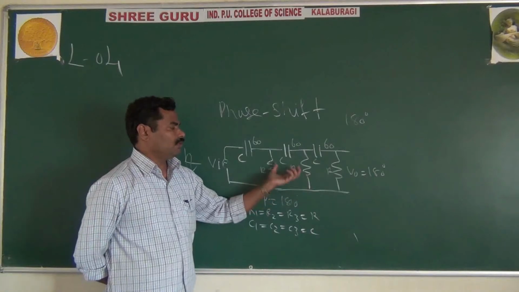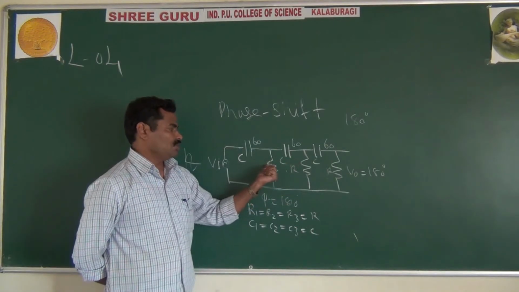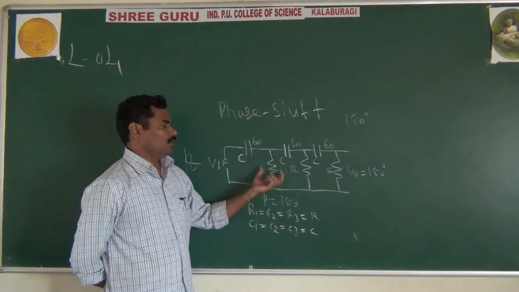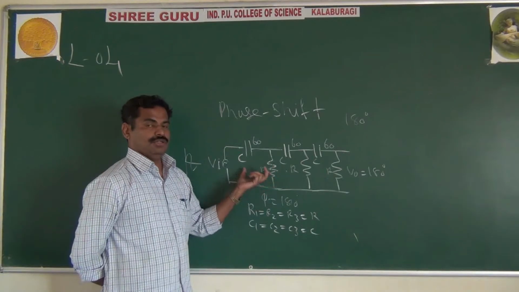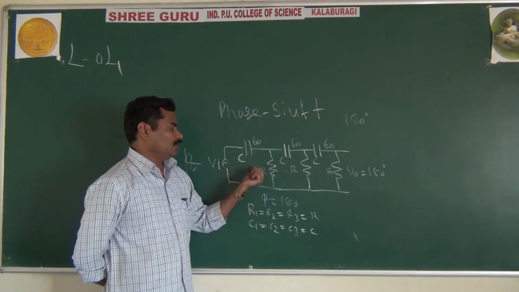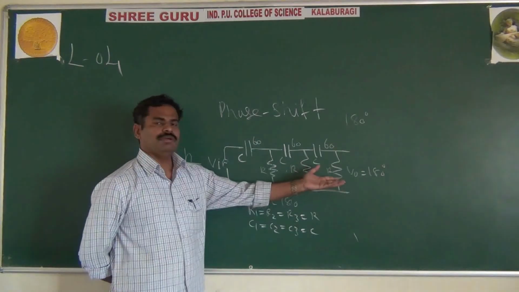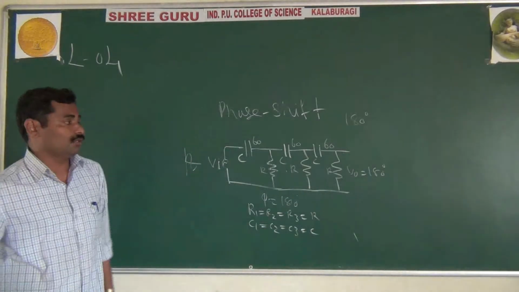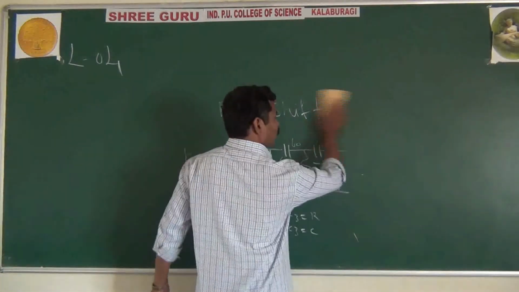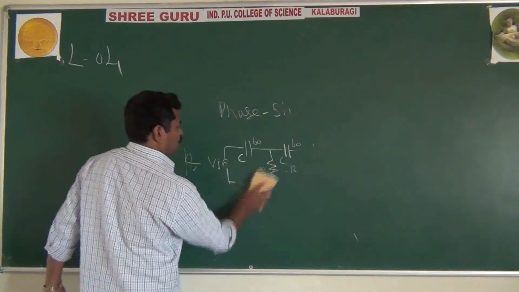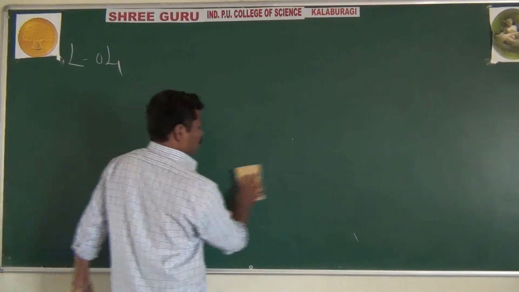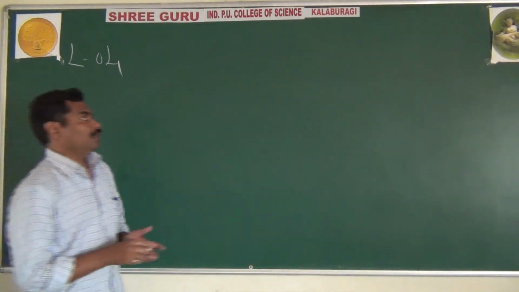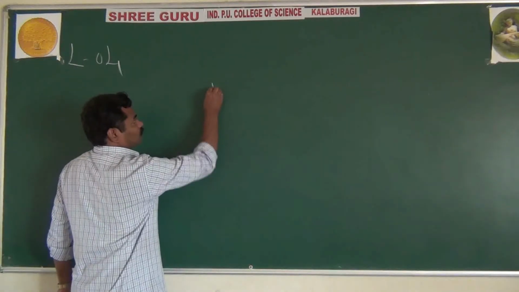That's why we prefer the 3 RC sections, because each RC section will give 60, 60, 60, and totally arrive at 180 degree. In every oscillator we prefer 3 RC networks, because it will exactly give 60, 60, 60, and we want 60 into 3, 180 degree. That can be used in your phase shift oscillator. This is the basic knowledge needed to understand the phase shift oscillator. Now we will go for the diagram of our phase shift oscillator.